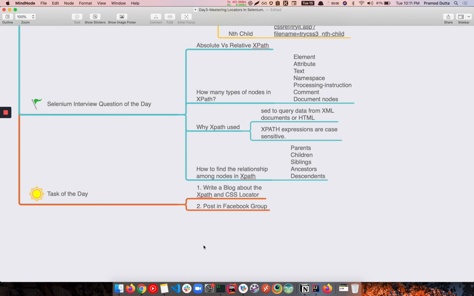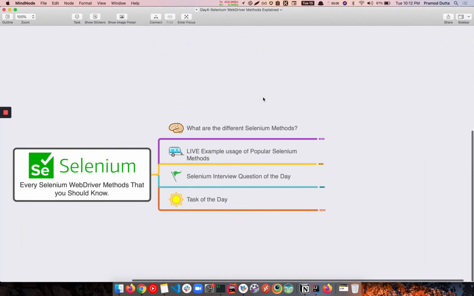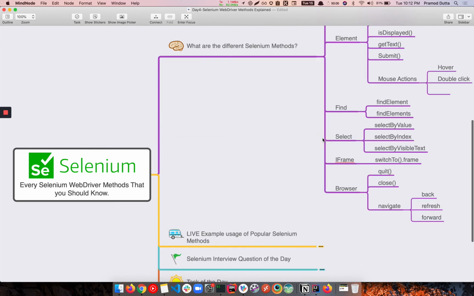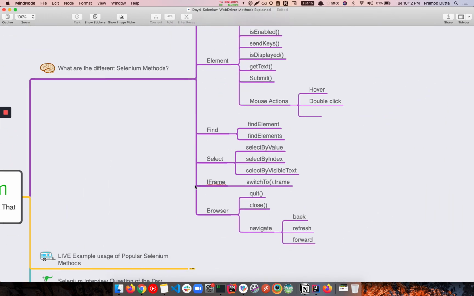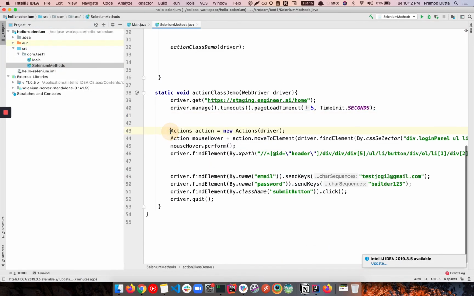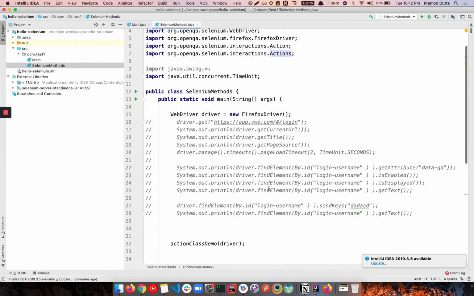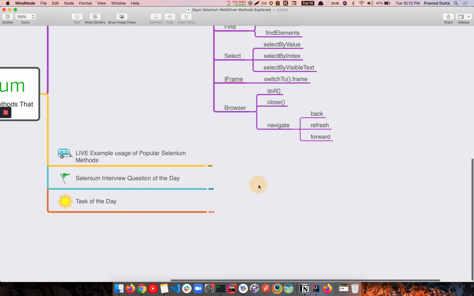Bye. I'll see you in the day 4, where we're gonna cover the, so let's see what we have in day 4, right? So in the day 4 we have WebDriver methods, and we're gonna cover lots of different methods about it. We're gonna cover Windows, page, elements, find, and I'm gonna show you demo. I've already prepared, so you're gonna see some more demos about it, how to use every kind of a ID, action class, lots of different stuff, right? So make sure you follow that tutorial.